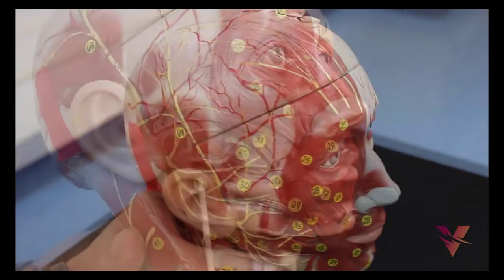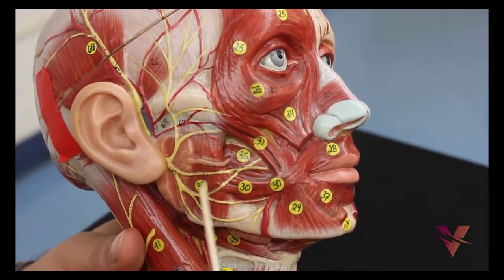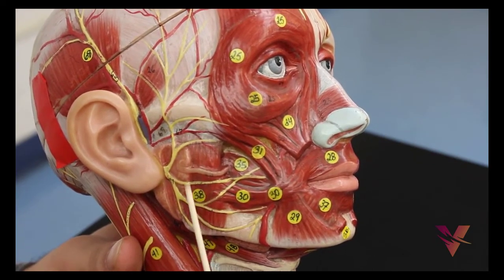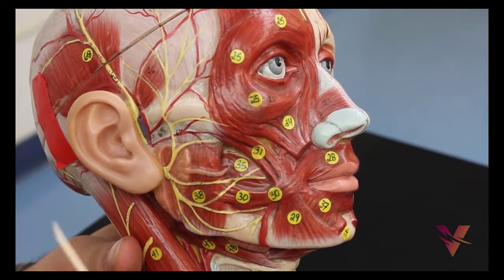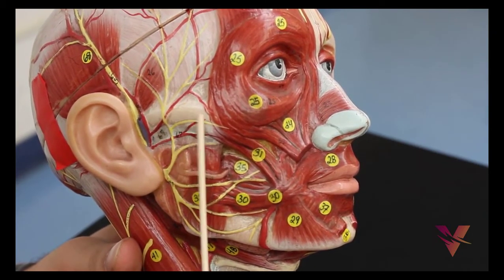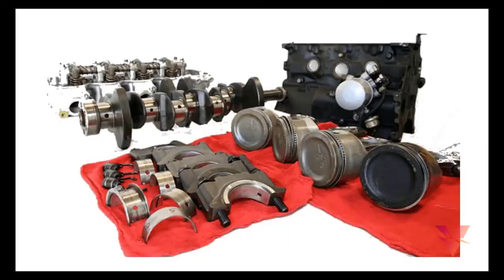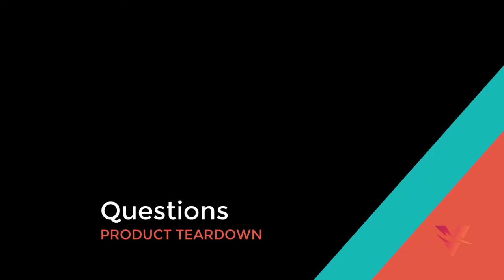Okay, so basically, a doctor who performs a surgery should know the parts of a body completely, which organ will perform what job. So similarly, a manufacturer should know his product completely and also should know the components which are used in his products. So product disassembly or tear down analysis will answer a few questions.